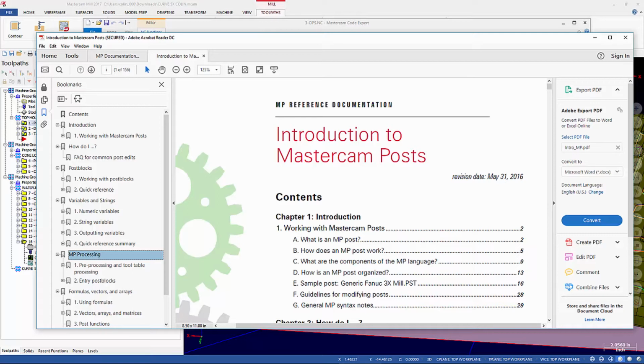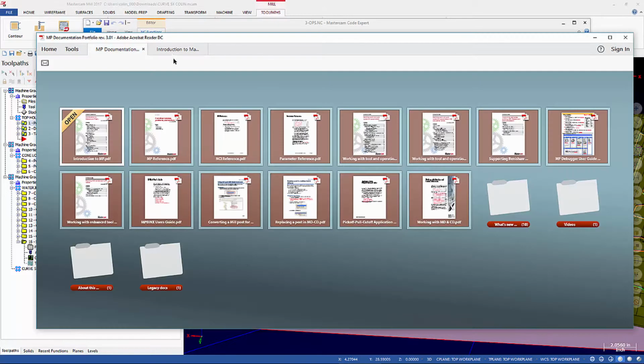Okay, so in the last section of class for our first day here, let's go and check out the documentation. When you first open up the MP documentation portfolio, you're going to see that each of these separate documents are loaded in a thumbnail view. So you can see you've got Introduction to MP, the MP reference, the NCI reference, the parameter reference, Working with Tool and Operation Parameters Applications Guide,